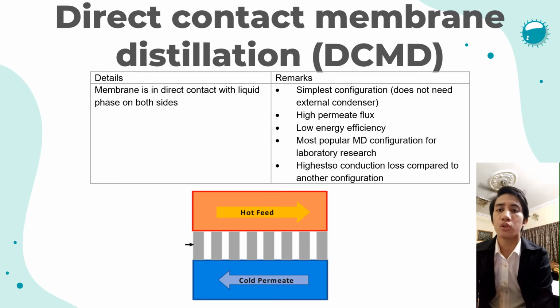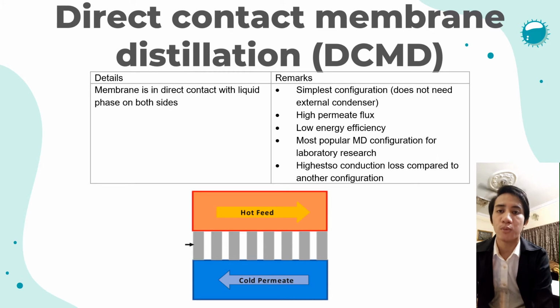The water vapor produced at the hot feed liquid membrane interface passes through the membrane pores and condenses at the cold liquid membrane interface on the permeate side. Despite the simplicity of this configuration, the conduction heat loss associated with this process is higher compared to other configurations. Due to high heat loss, DCMD has low thermal efficiency, which is defined as the fraction of heat energy used